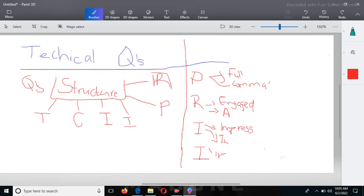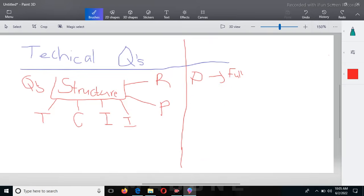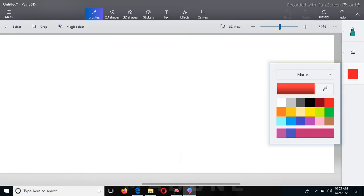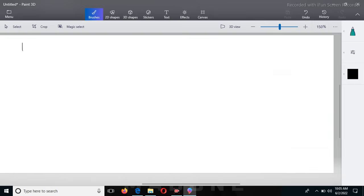Let's hop into the second part of this tutorial. I believe everyone captured the notes here, so let's go to the second type of question that I want you guys to learn. And after this, you guys are going to be so perfect when it comes to comprehension. All right. Let's use a different color. Now, guys, the second type of question is